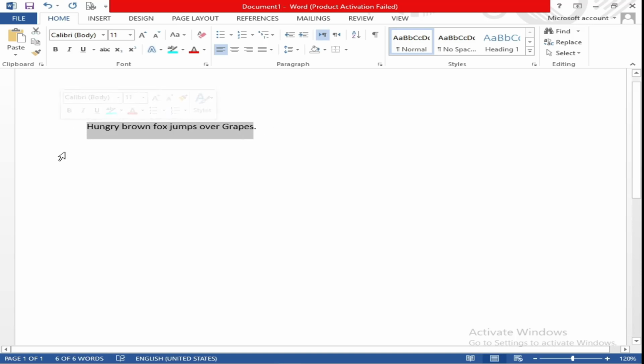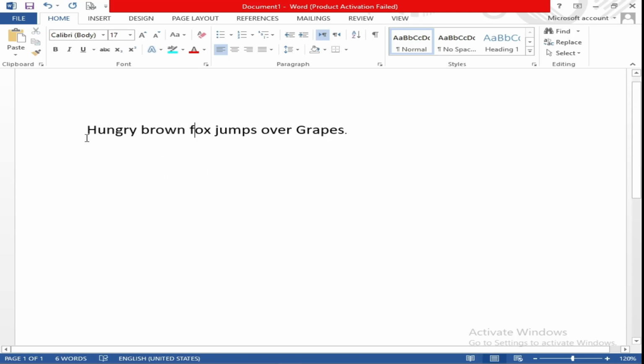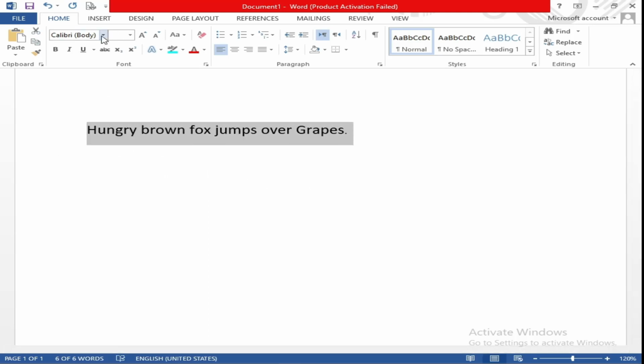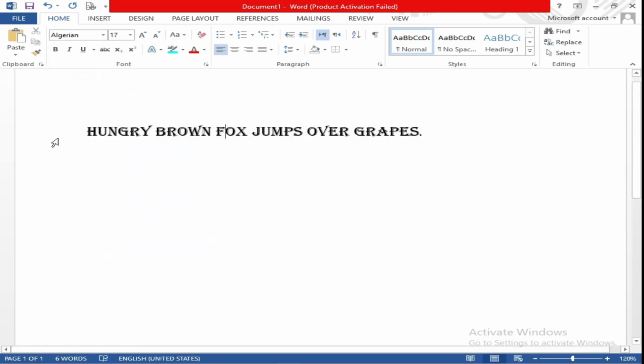We will increase its size a little bit by pressing Ctrl and square brackets, on the right hand side of the P button. After that we are going to change its, you can say, text style.